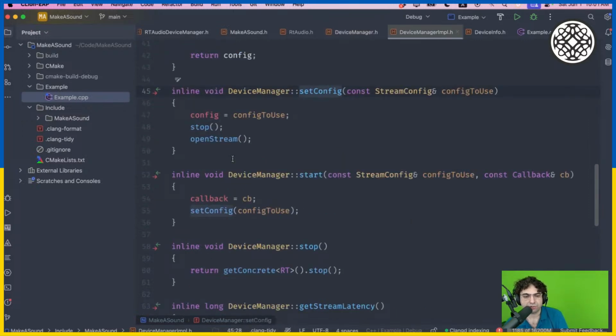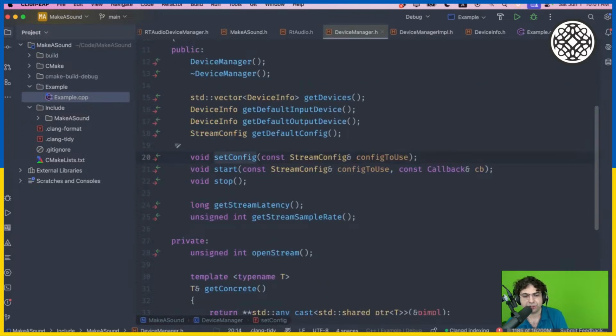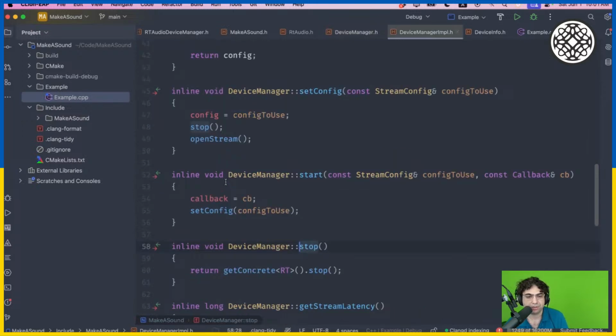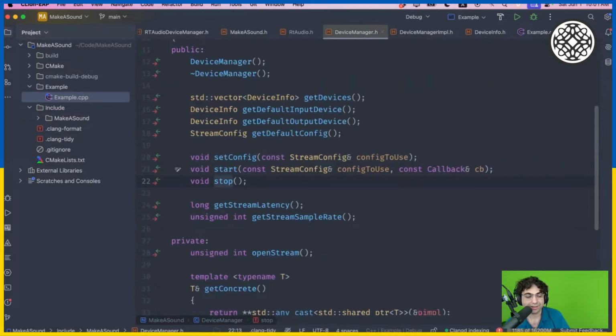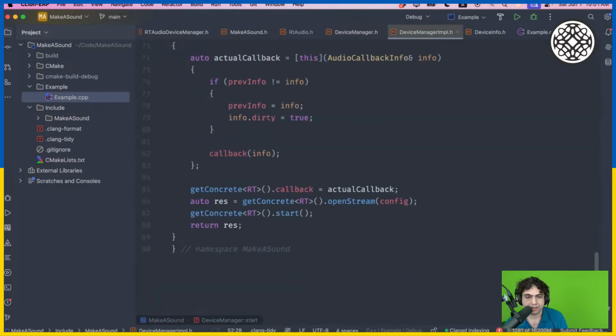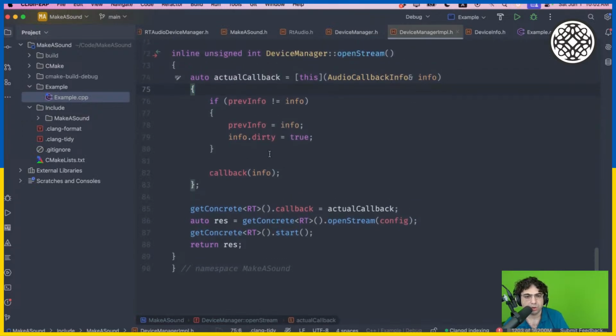The only difference about set config is that it allows you to use a previous callback. You can change the config and still rerun the callback. It's possible to also do something like set callback, so have three different variations of this. But anyway, all of those will probably need to be protected, as well as stop, and as well as the audio callback itself, the callback that I'm generating, which is this thing. This probably needs to be protected